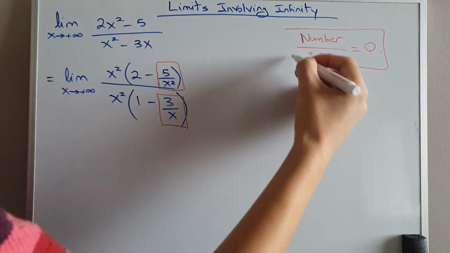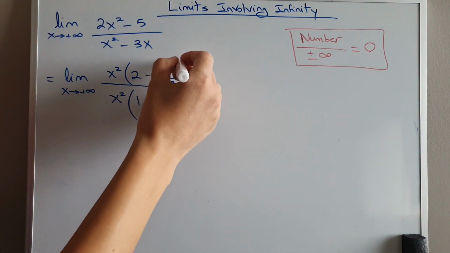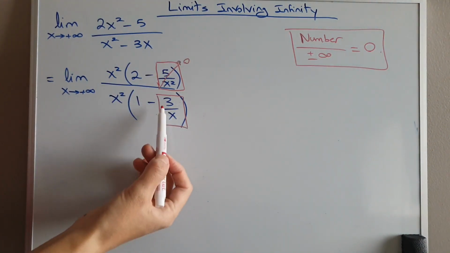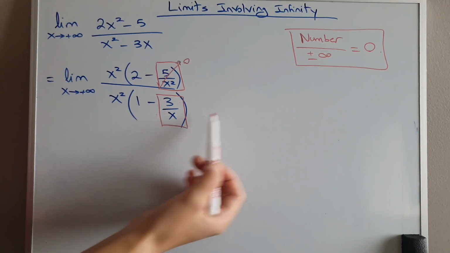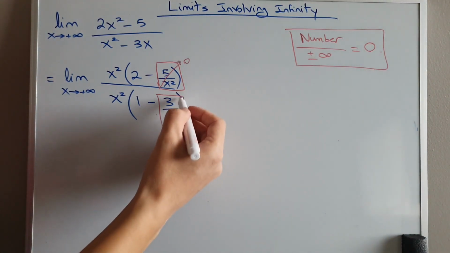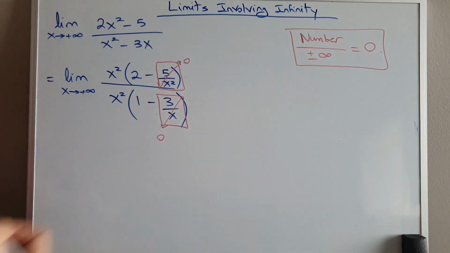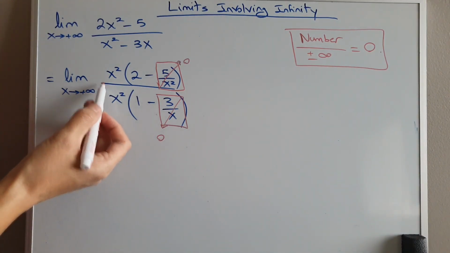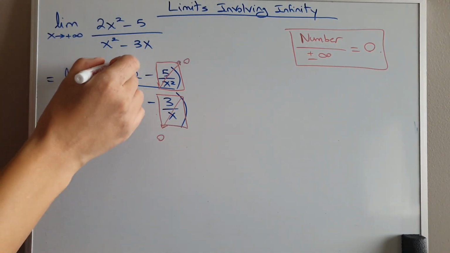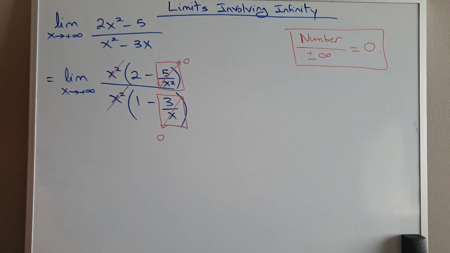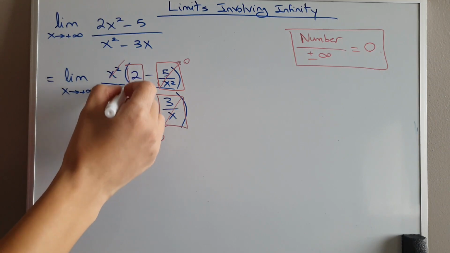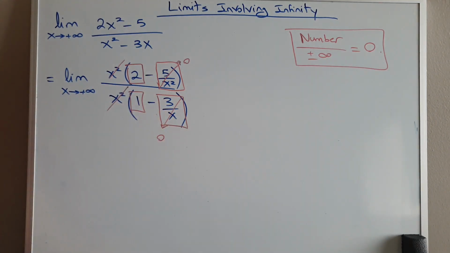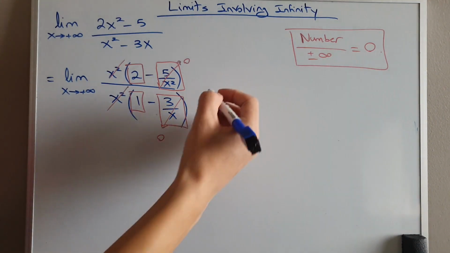So this is 0. 3 over x, 3 over infinity, number over infinity. This is also 0. X squared and x squared, they are exactly the same. I will cancel. So what am I left with here? 2 and 1. So the answer is